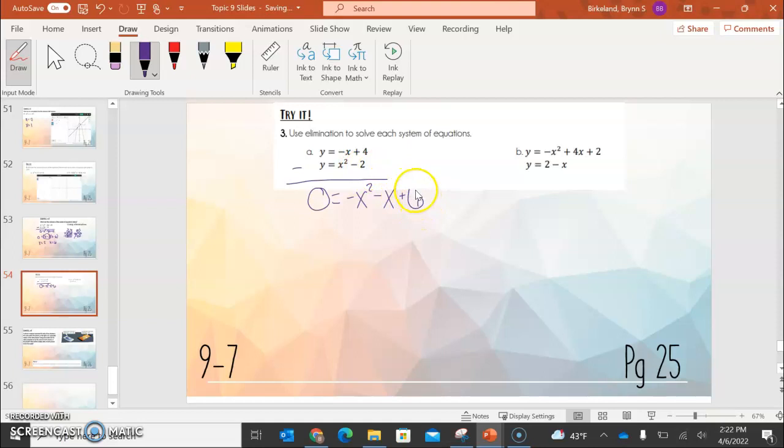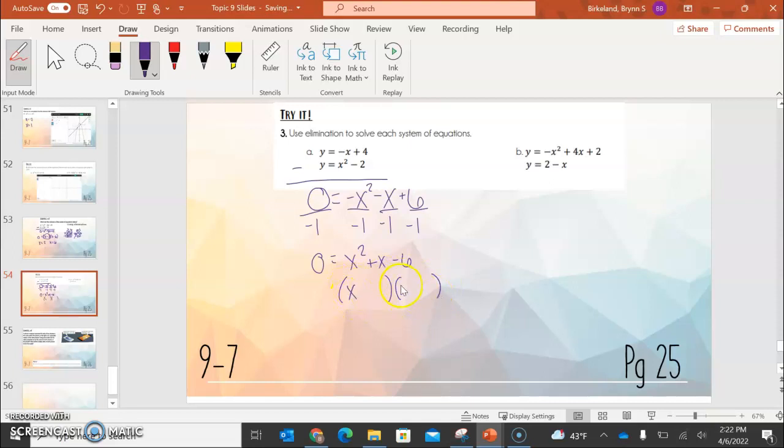The trickiest part about these is sometimes your subtraction can go wrong, so then it makes it trickier here to know if you're solving the right quadratic. One step you can do when your x squared is negative and you have it equal to 0, you could divide everything by a negative. Sometimes this can help you with factoring. So if I had 0 equals x squared plus x minus 6, this makes it easier for me to factor